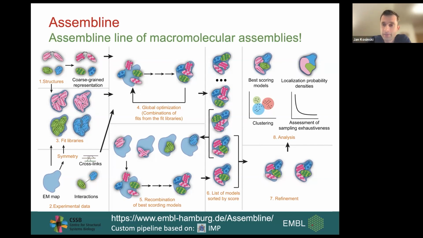So you need to have some good guess how to cut into these rigid bodies, and often we actually do it in an interactive manner. Sometimes, based on the results of the full modeling, you see that this subunit has a certain position or fits on one side but not the other. In the other models, it fits on the other side but not the first, and then you divide into rigid bodies further.